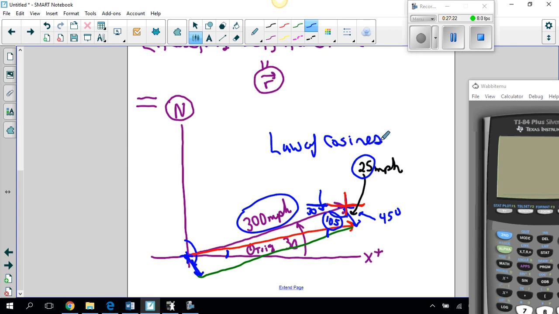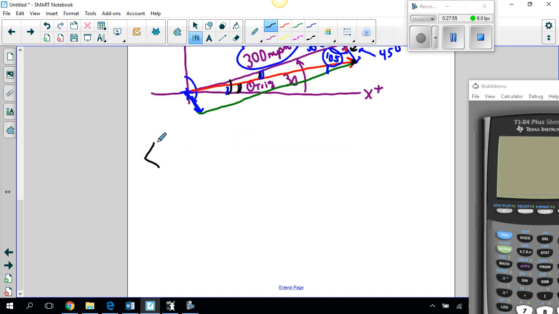Via law of cosines, we can find the resultant length, but we can also find this angle here, which in turn helps us find this angle here. Because we know this one's 30, and we find this, we can subtract it. So using law of cosines, we can basically tell you where you end up, which is the red vector here. It's going to take a while, but